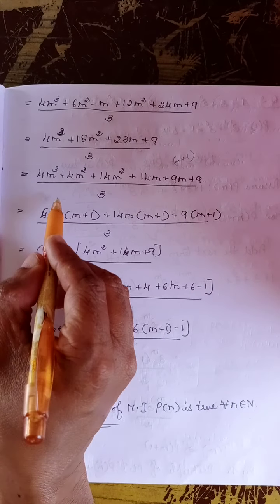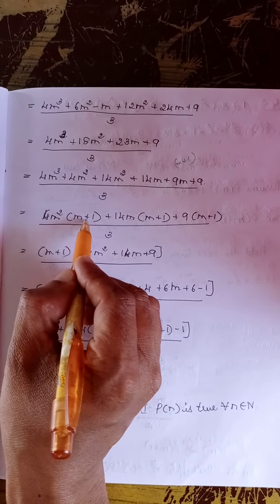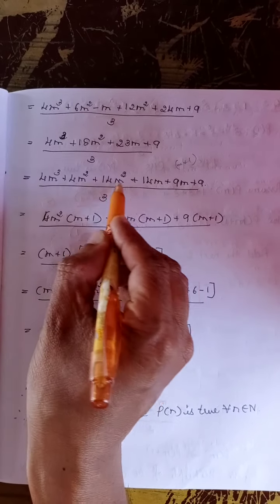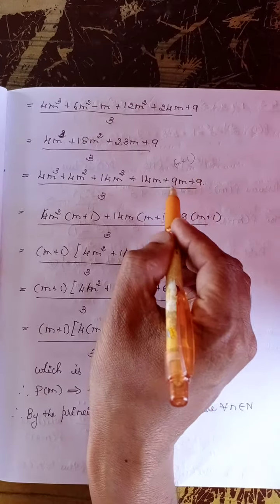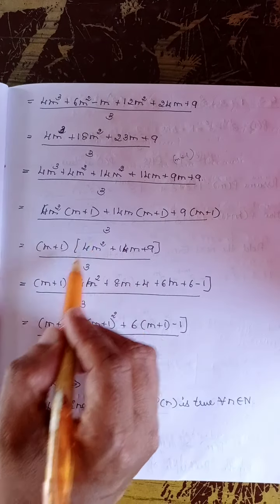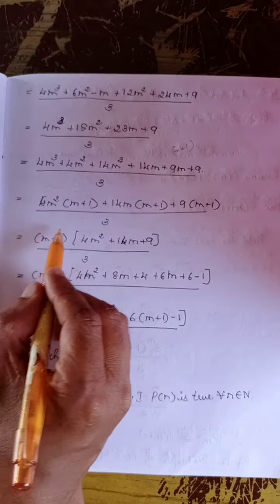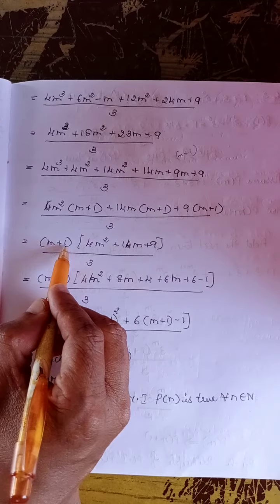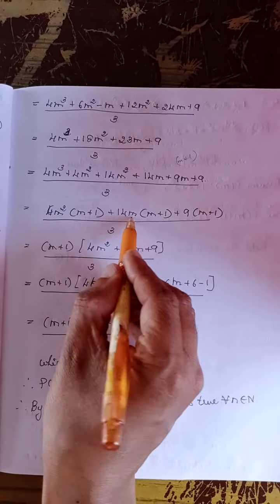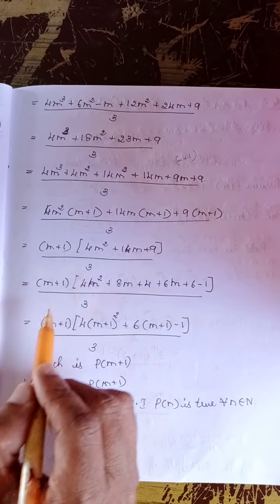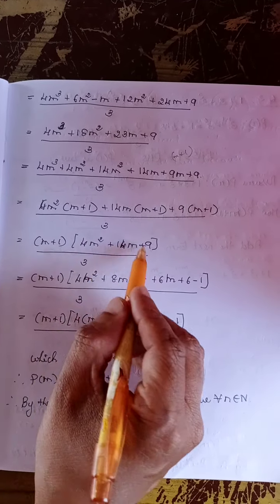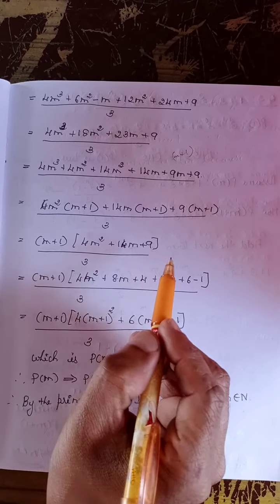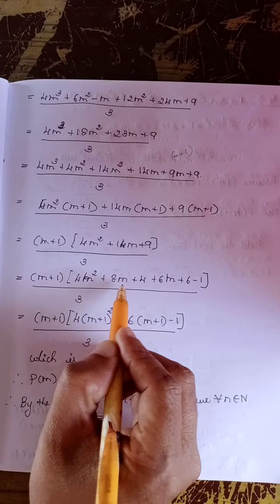That is equal to, here 4m square is common, then m plus 1, plus here 14m is common, remaining m plus 1, plus here 9 is common, m plus 1, divided by 3. So m plus 1 is the common factor here, take it out, remaining 4m square plus 14m plus 9 divided by 3, which is equal to m plus 1 into, again split the quadratic polynomial, that is 4m square